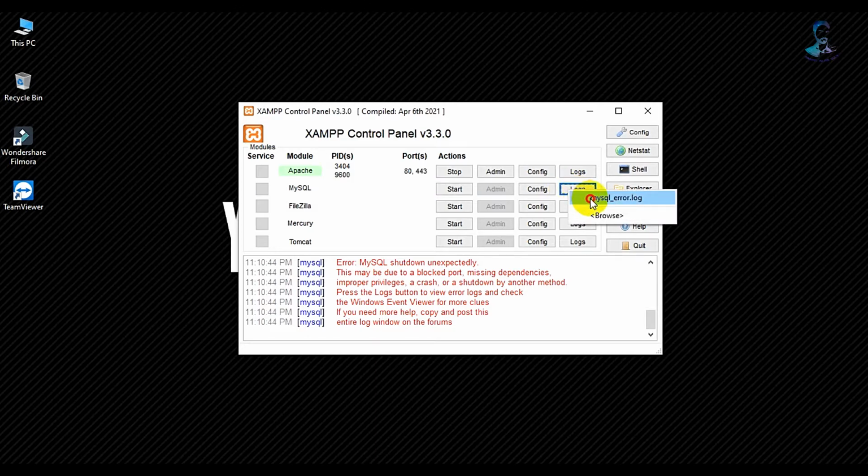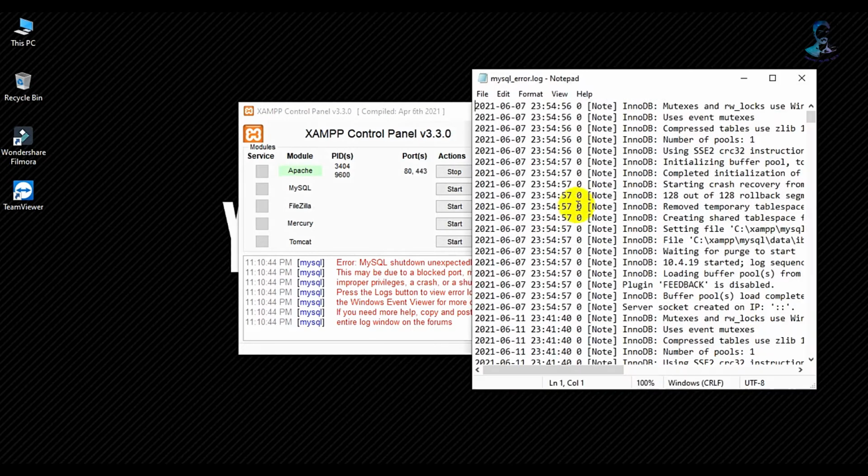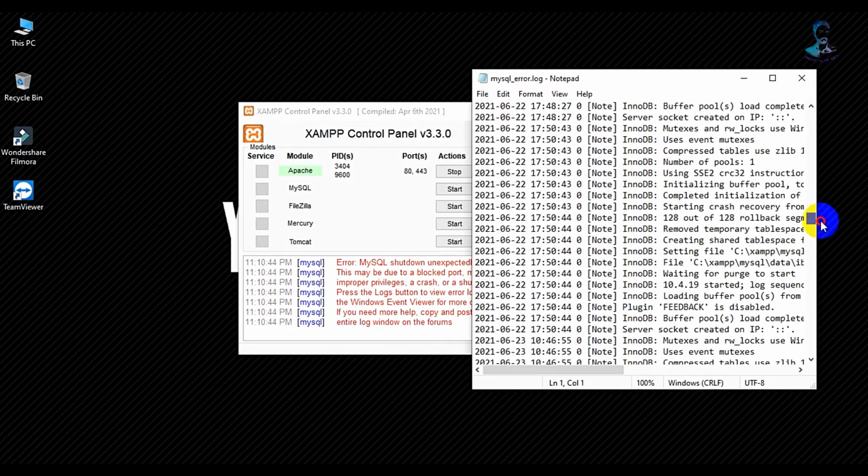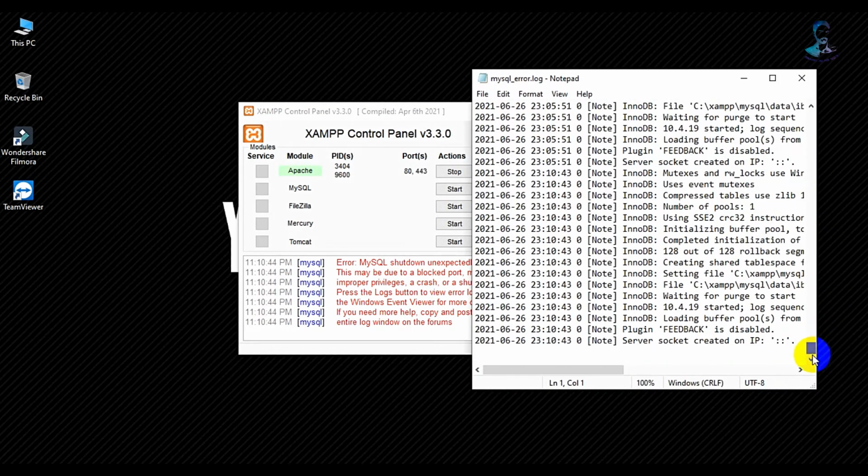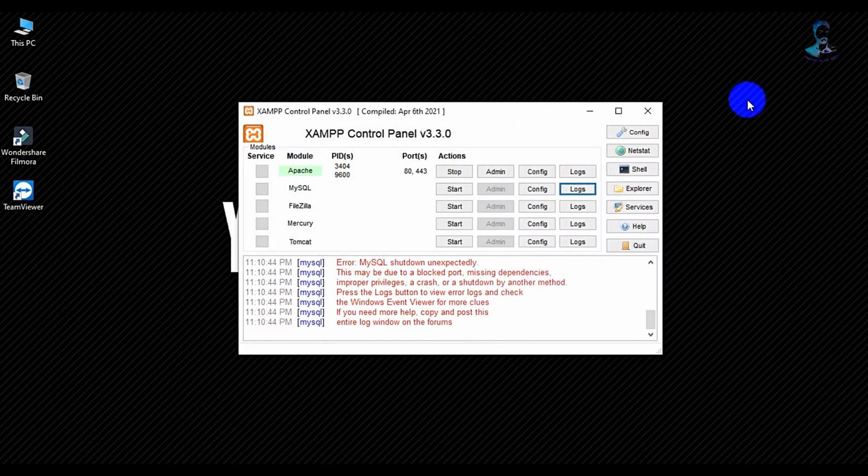and go to MySQL error and drop down the menu at last. Then copy the feed. We can see the feedback is disabled. That's the problem. Then delete it